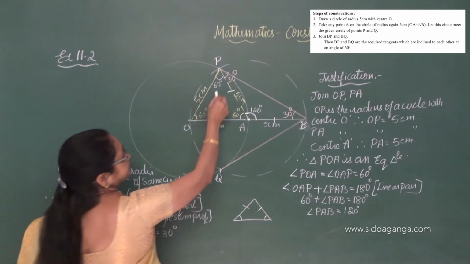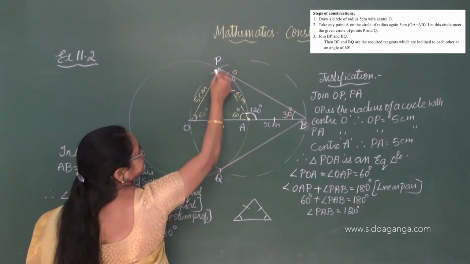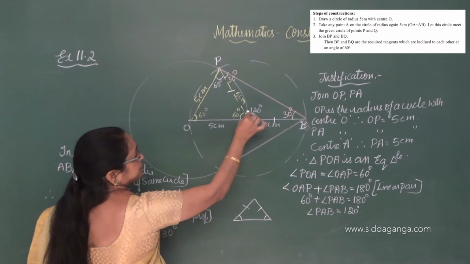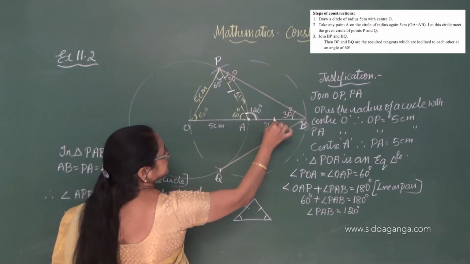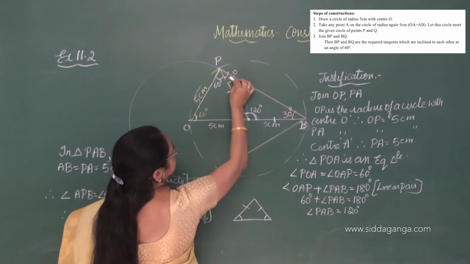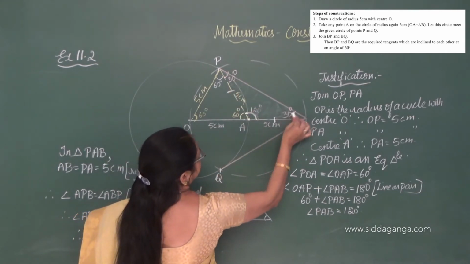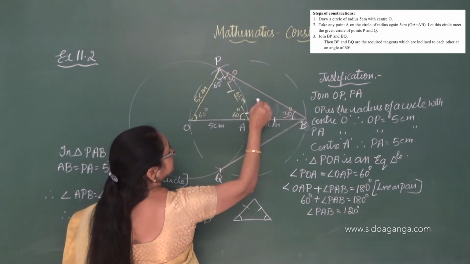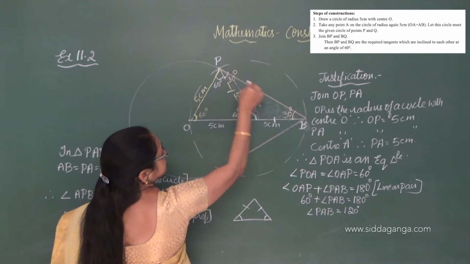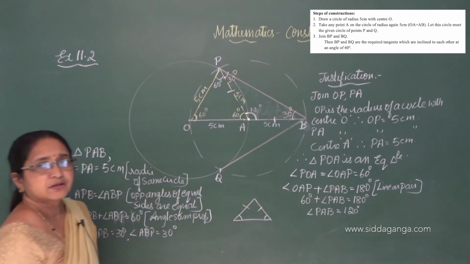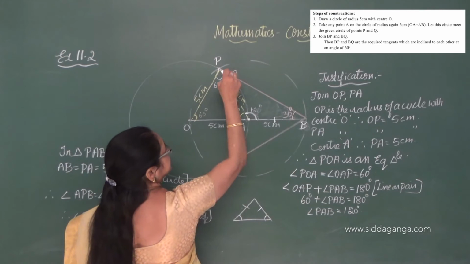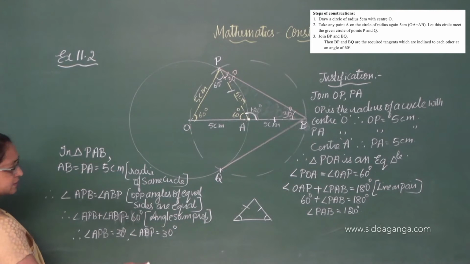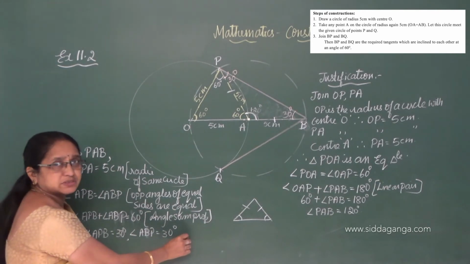See, first I took this as an equilateral triangle. Then I took this as 120, that is linear pair. Then because two sides of this triangle are equal, definitely the opposite angles will be equal. Therefore this is 120, so the total of these should be 60 degree. So 60 means here 30, here 30. So this 60 plus 30 is how much? 90 degree. So finally you can conclude here.